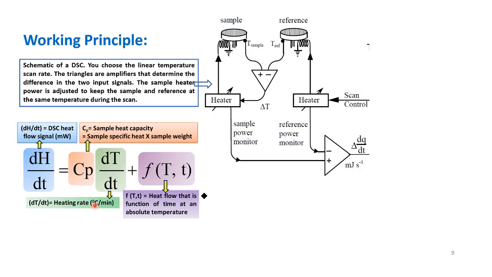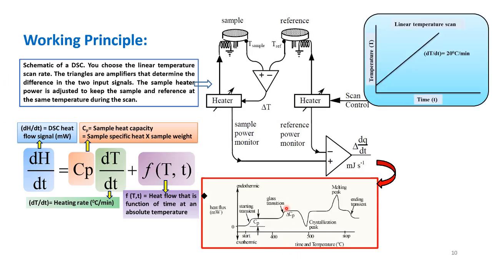This can be either 5 degrees centigrade per minute, or 10 degrees centigrade per minute, or 20, depending upon our choice, our application basically. Then there is again some constant, which can be either a function of time or temperature. This equation needs to be considered while we are talking about the calculation of the CP. But we can directly calculate the CP from the curve also.